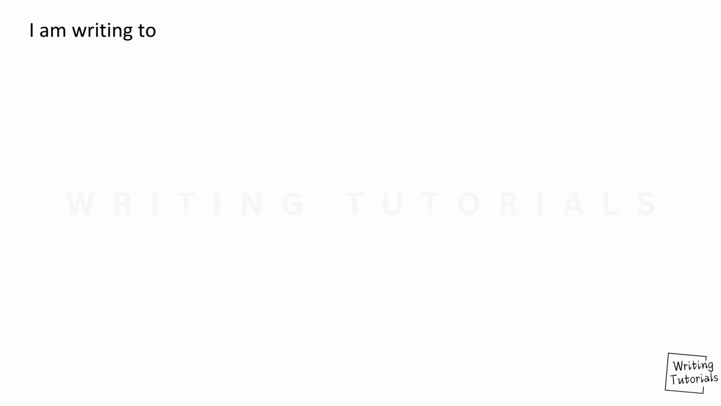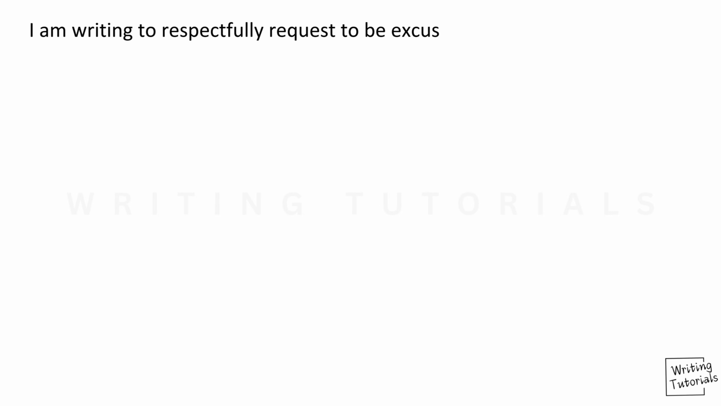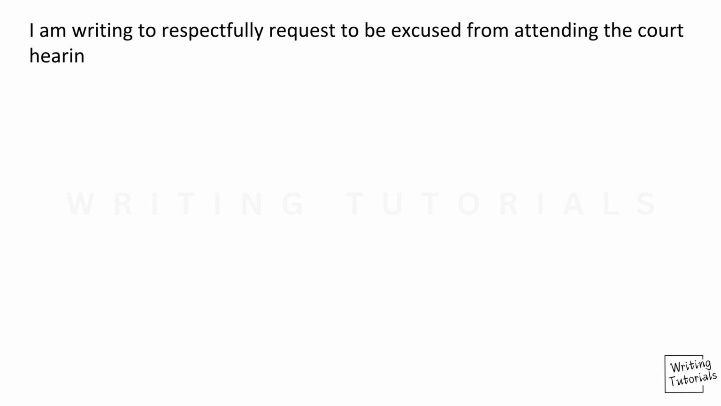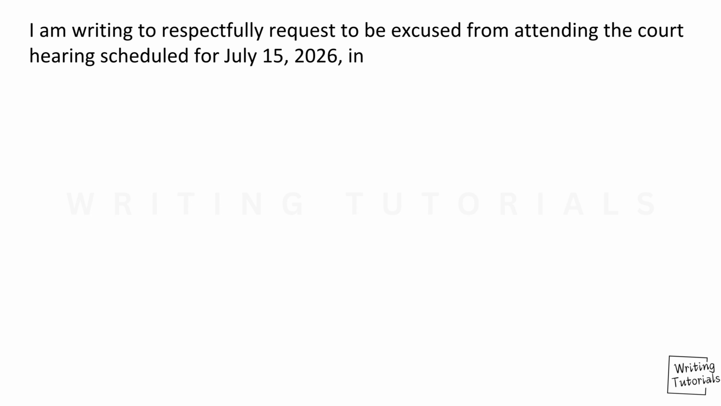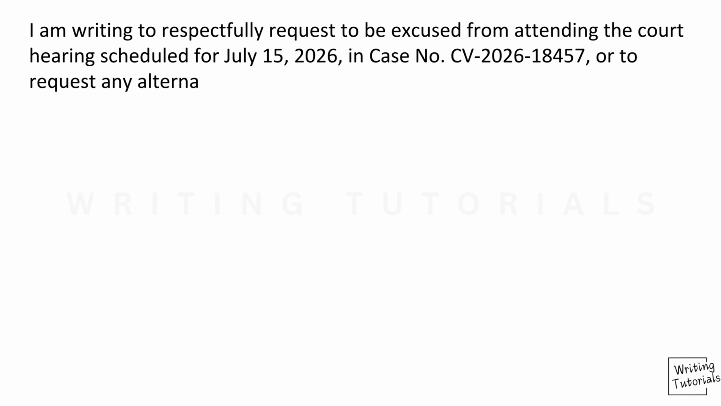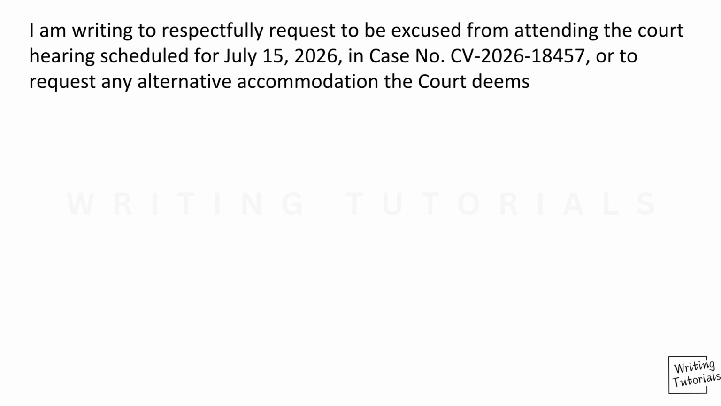Introduction and purpose of the request. Now let's move into the first body paragraph. This paragraph immediately explains why you are writing. It identifies the scheduled hearing, includes the case number, and respectfully asks either to be excused or to receive another accommodation that the court finds appropriate. This opening is important because the court should immediately understand which hearing your request concerns and exactly what you are